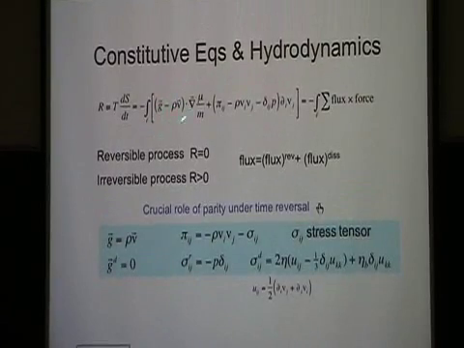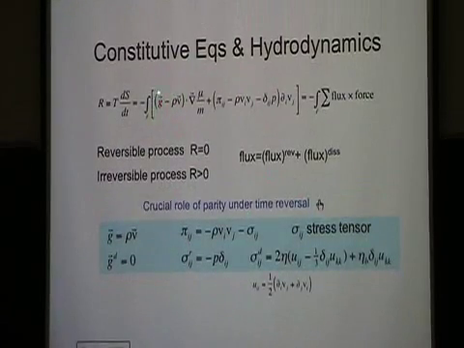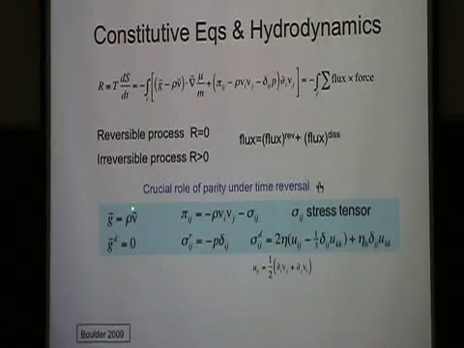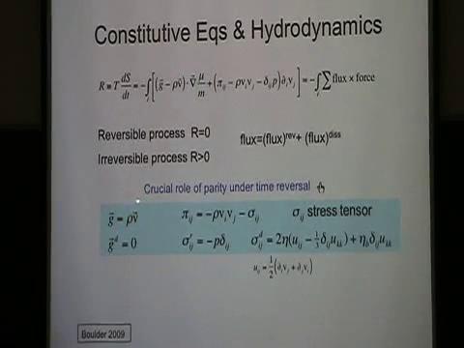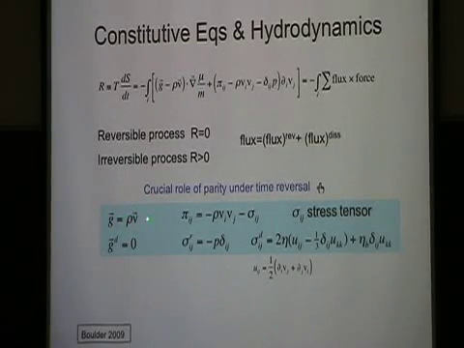And this gives you expressions for what are called the reversible part of the fluxes. It tells you that the reversible part of the mass flux is just the density times the flow velocity, and that the reversible part of the momentum flux is the momentum transported by convective processes, and in this case, the pressure. Right? That's what the term is.